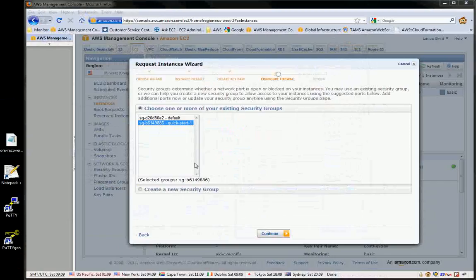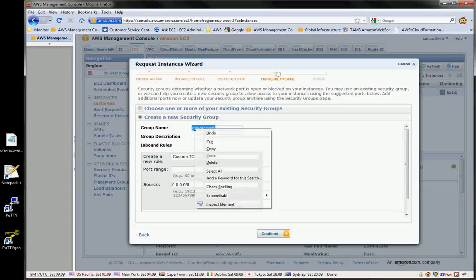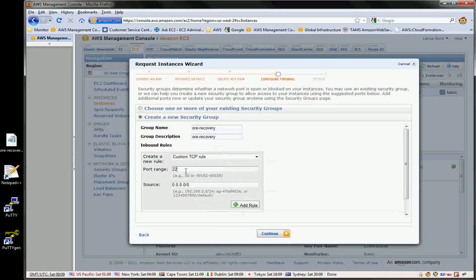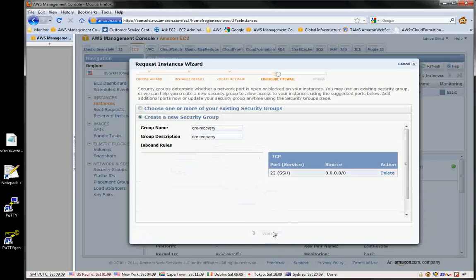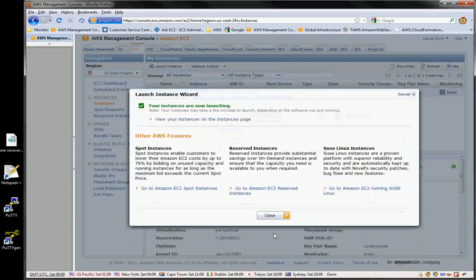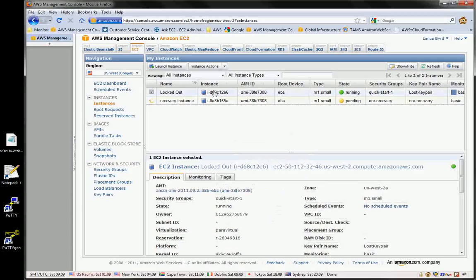And I'm just going to go ahead and create a new security group here. Port 22. Add a rule. And launch. This will take a couple of minutes, and while that's happening, I'll go ahead and click on this instance,